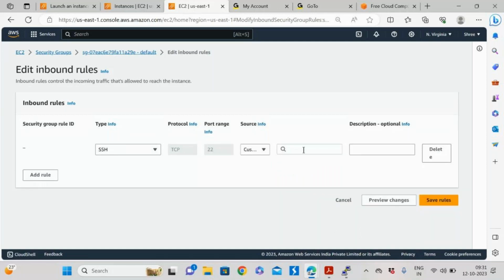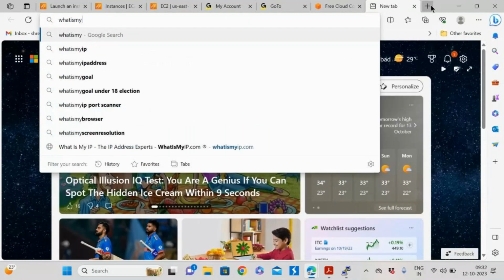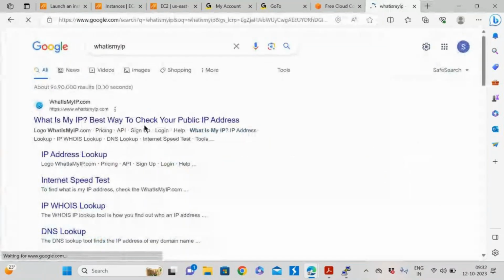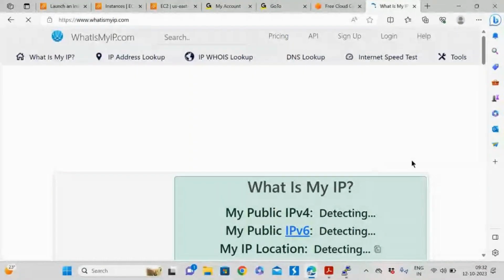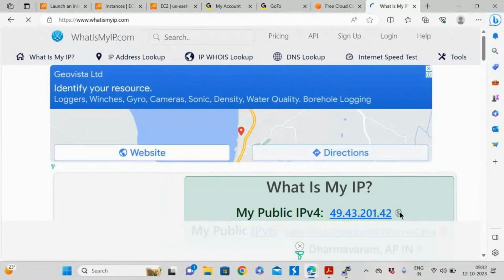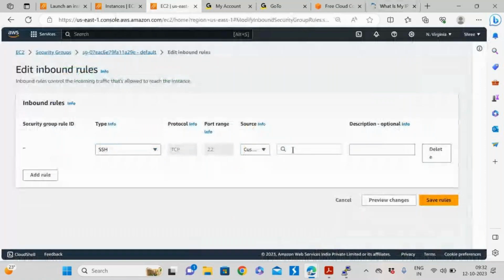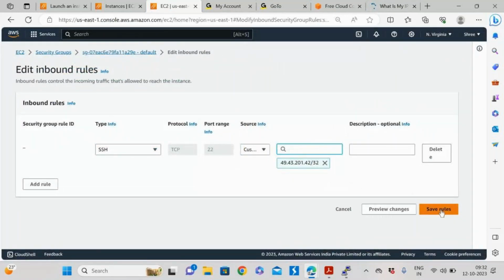Otherwise we can restrict to a particular IP. So what is my IP? If I search for that, yes, it is giving my public IP. Only the public IP is needed because the private IP isn't recognized. So if I take this, I can simply select it and save the rule.